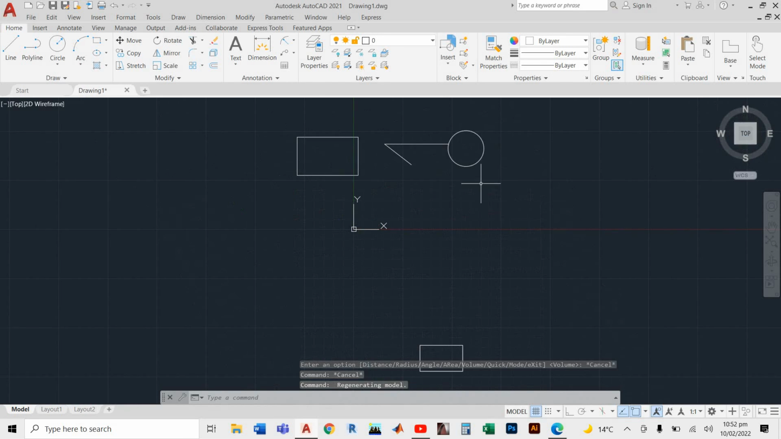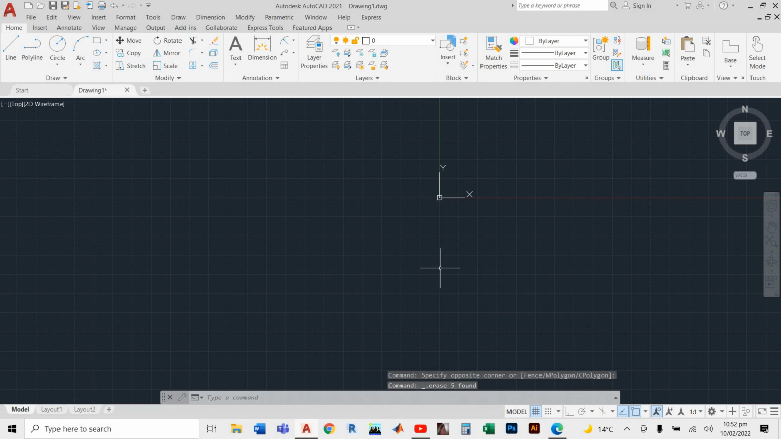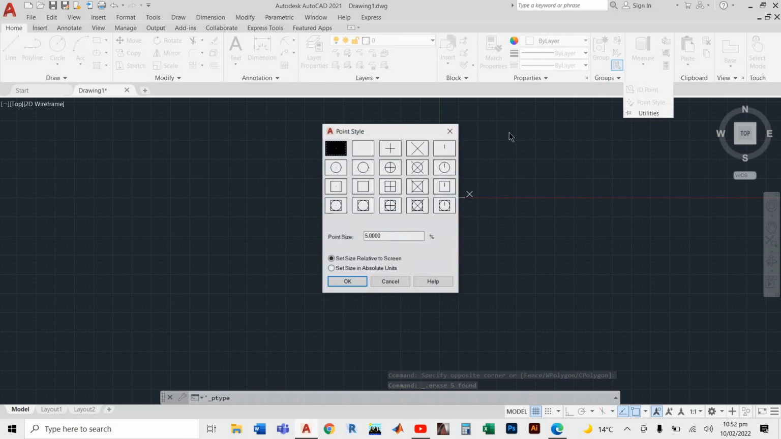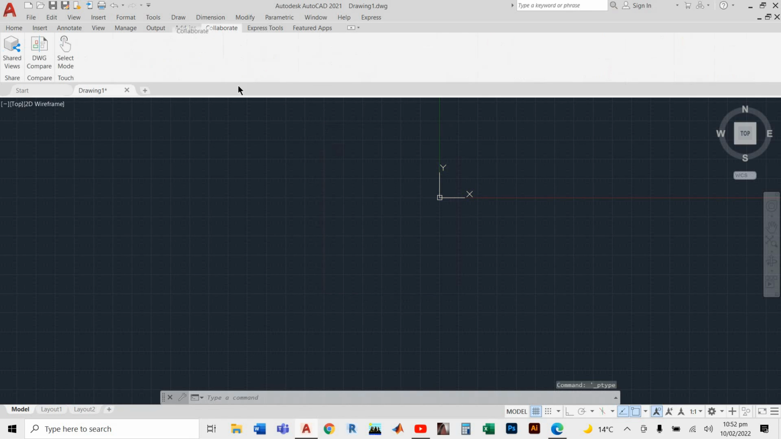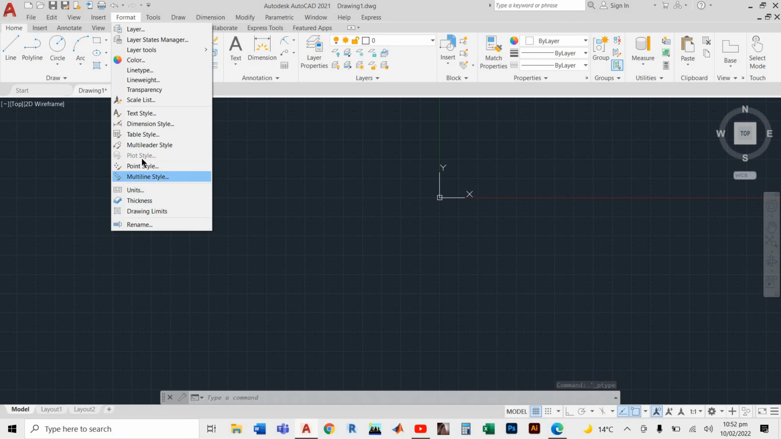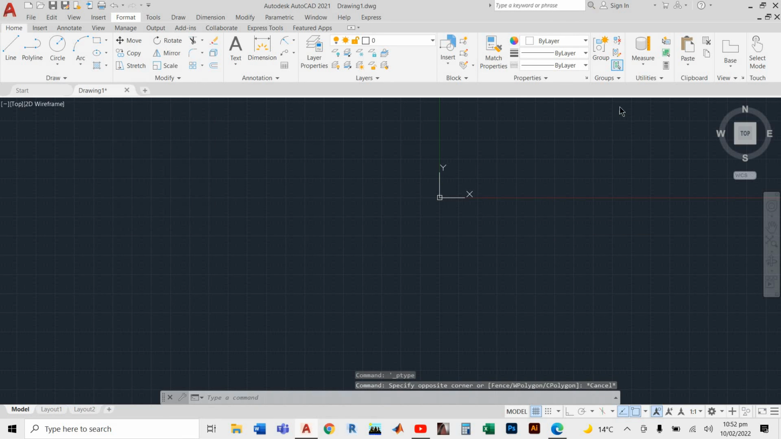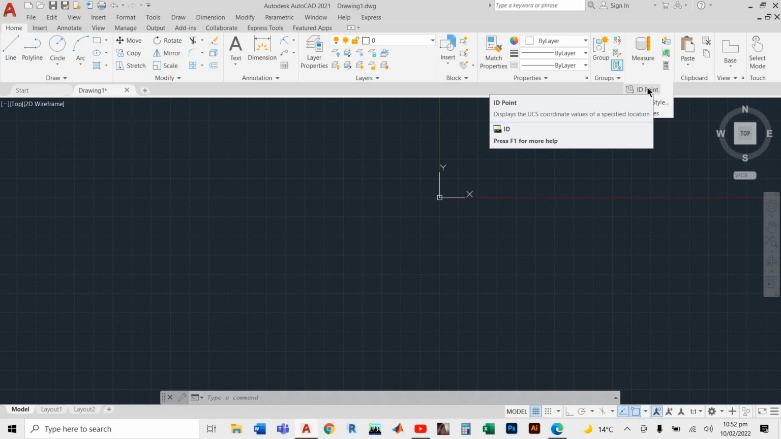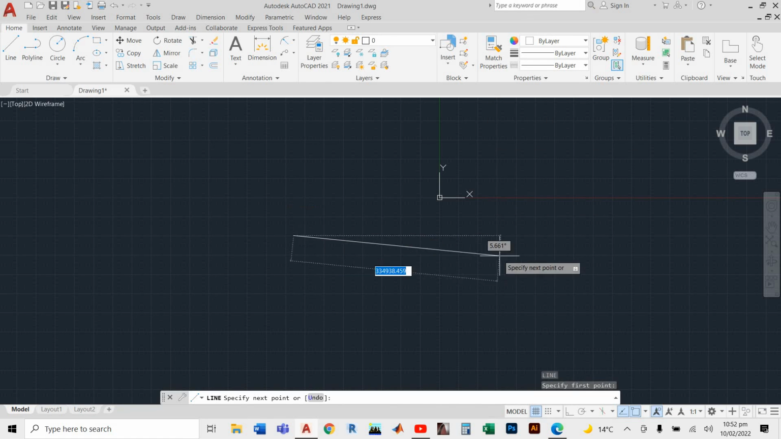Now then what do we have? Then in here we have ID point style. Point style, you know, is when you want to change the style of a point. Also in here we have the format menu, point style. We can change it, or for example in here what we can use for the ID point. For example, you have a line. I want to